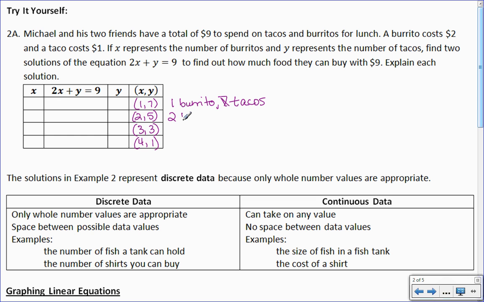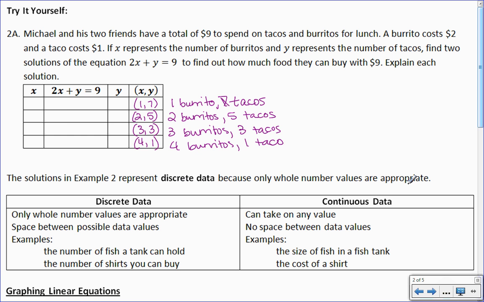This would be 2 burritos and 5 tacos. 3 burritos and 3 tacos. Or 4 burritos and 1 taco. Okay. Alright, so the solutions in example 2, both in the example and the try it yourself problem, represent discrete